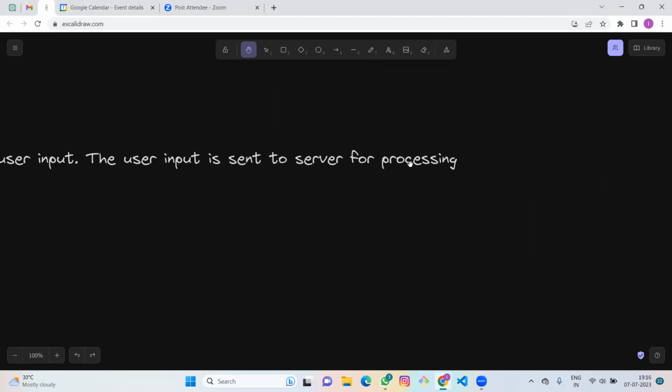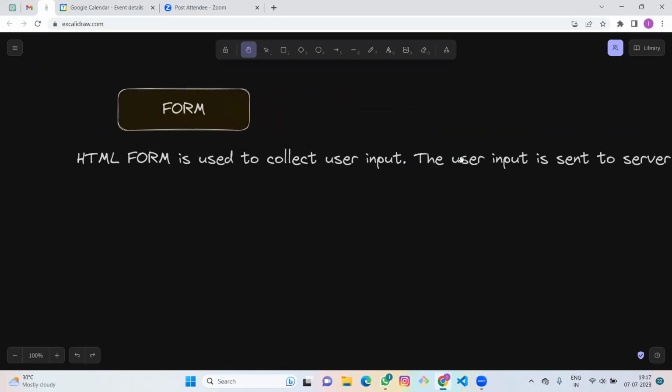Processing means it may be calling an API and storing in a database, and with that database we can show the user another page. Means when we log in, the login user will get redirected to another page. So it is called processing. And then